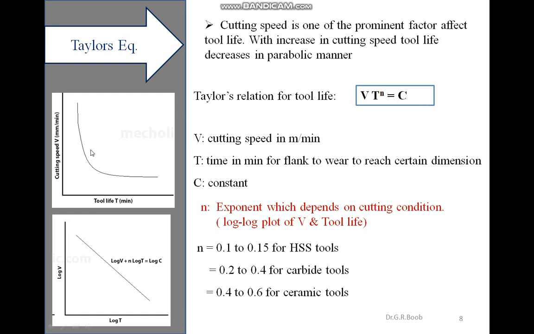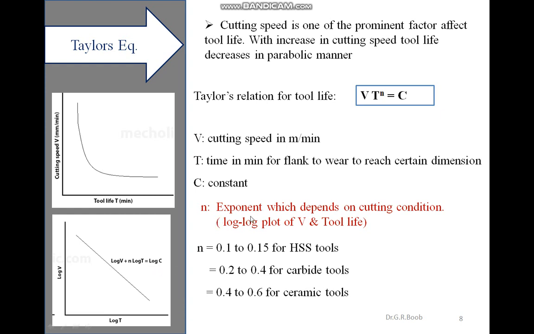Now, this behavior, suppose we plot it on log scale, log V and log T. Log V is the logarithmic value of cutting speed and log T is the logarithmic value of time in minutes. So suppose we plot this curve on log scale, then we will get a straight line. And the equation of this straight line is log V plus n into log T is equal to log C,